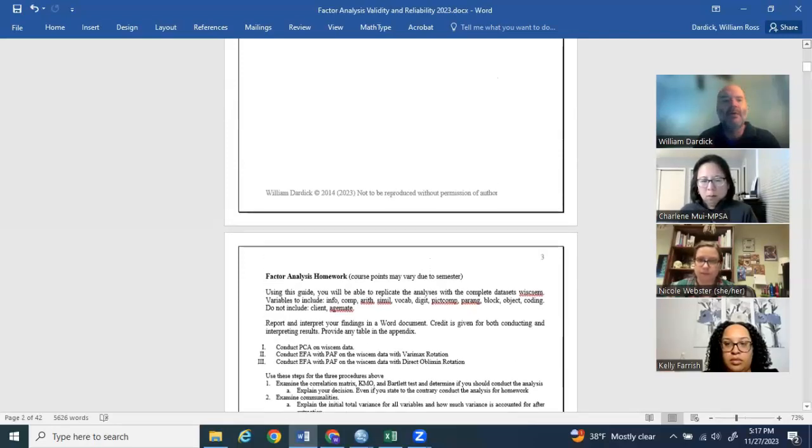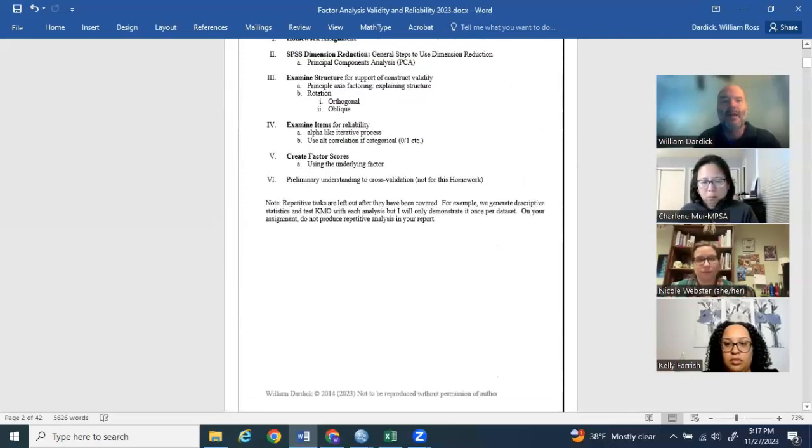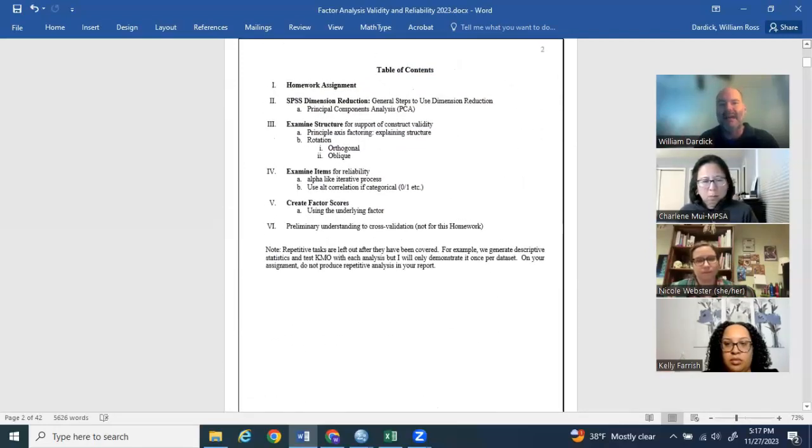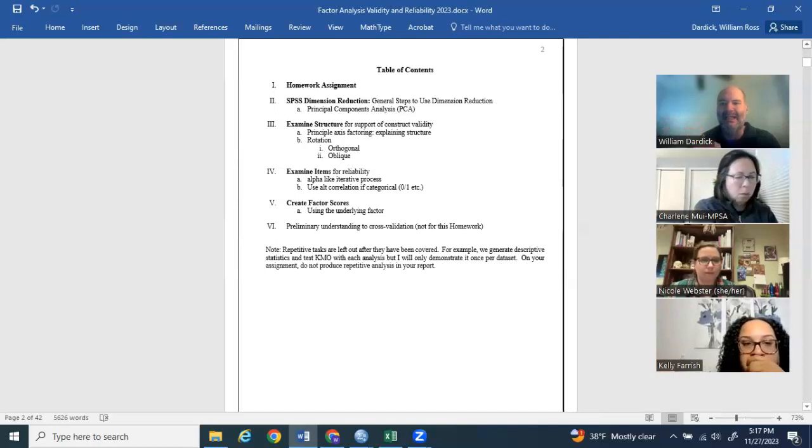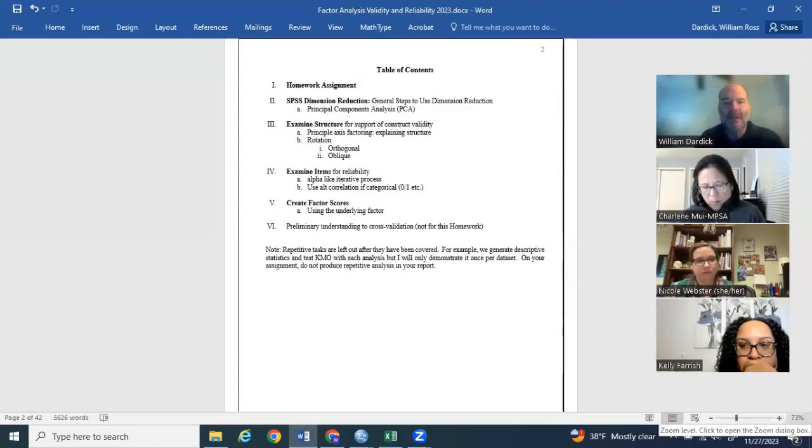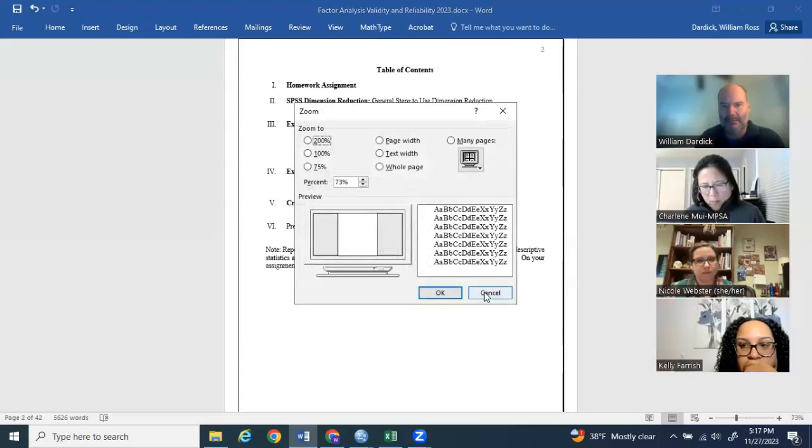So here we go. All right, so really the assignment itself is what I'm going to follow here. I just want to kind of go over the high level elements of the assignment, and then we'll kind of get into actually using the SPSS. I do this all in SPSS. It doesn't mean that you all can't use R or SAS or M+ or any other software you want. But obviously, I'm only going to go over it in one package tonight. All right, so